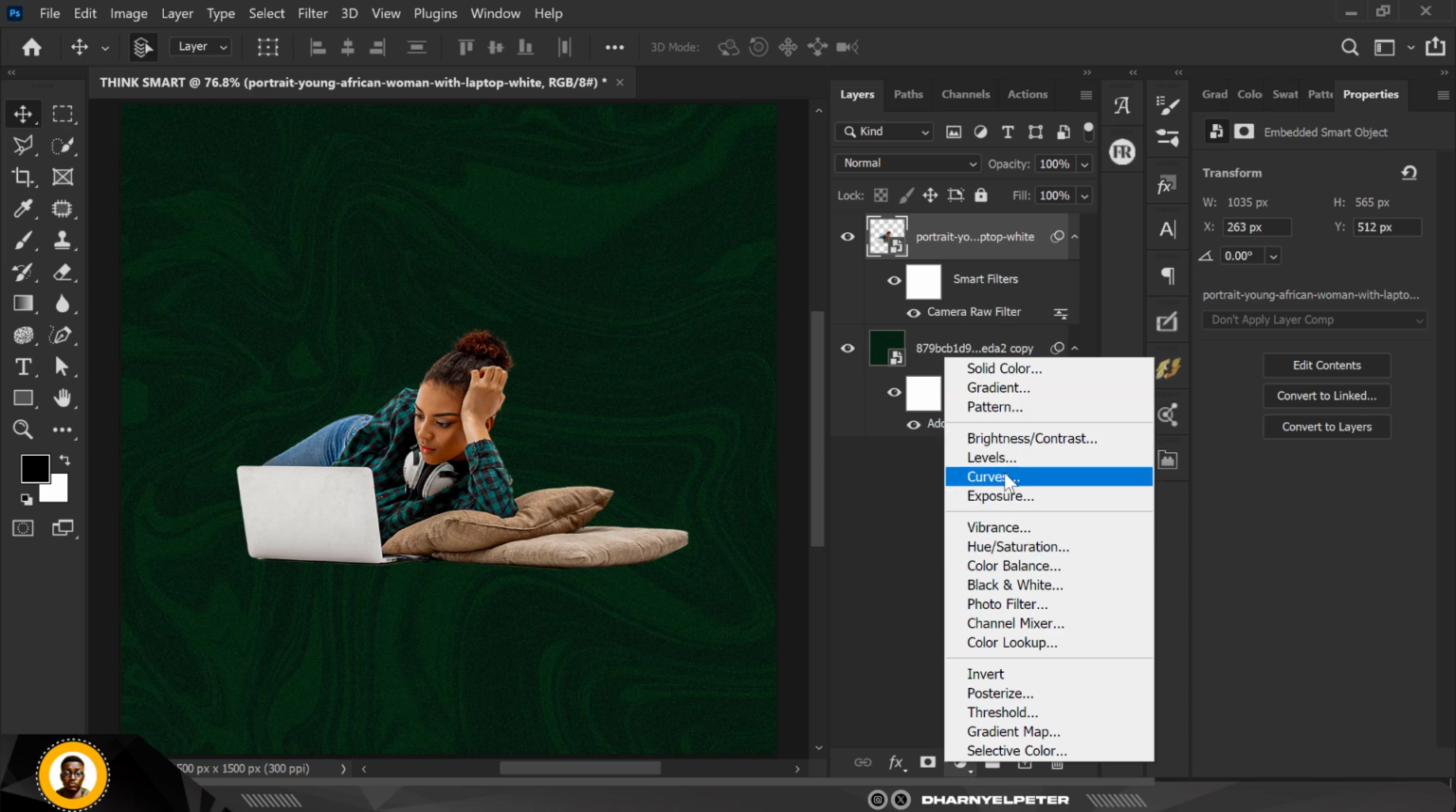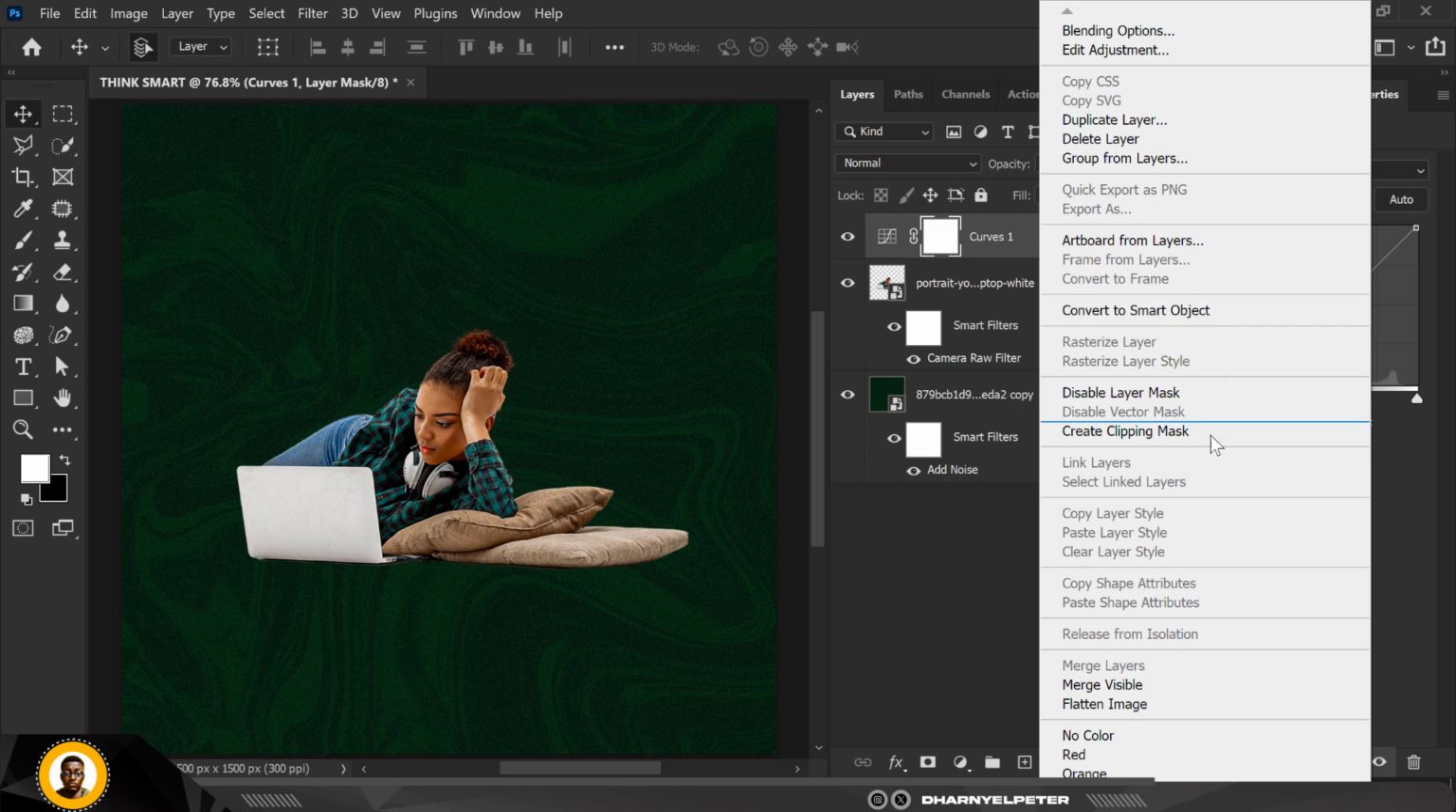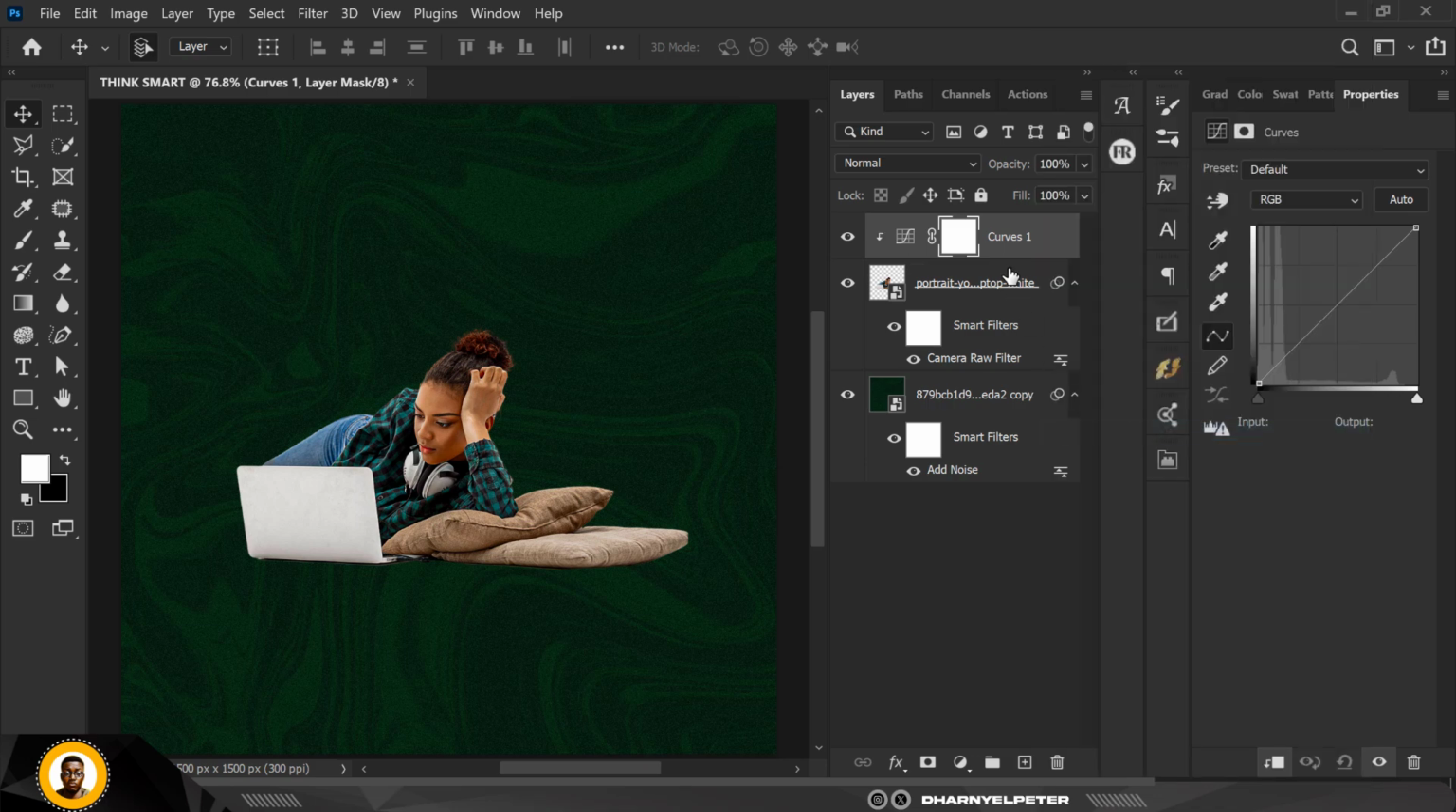go to adjustment layer and click on curves, right? Right click on it and create clipping mask. So the curves is just going to affect only the layer underneath, right? So I'm just going to drag this slider from that point to this point here. Okay,